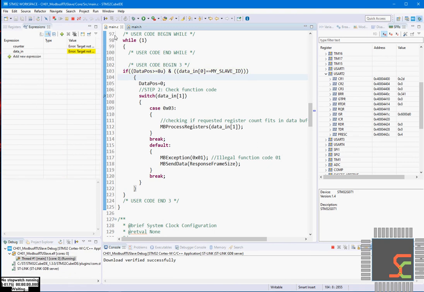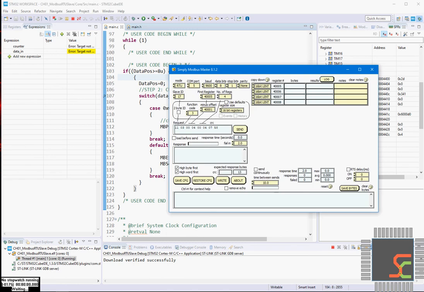I'll first resume the code, which means it is running, not stopped. Okay, I have verified everything. Since the data I am receiving is intended for unsigned integer, it is the master's responsibility to represent the received data. So whatever result I receive here, I expect that this is unsigned integer. Let's start and see what happens once the data is received and we try to change the data type.